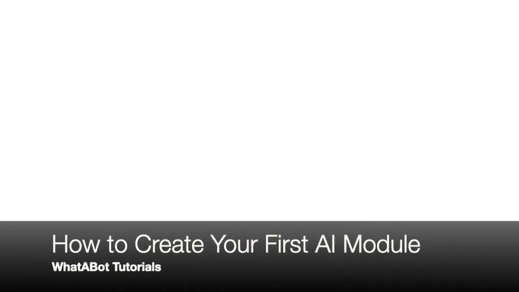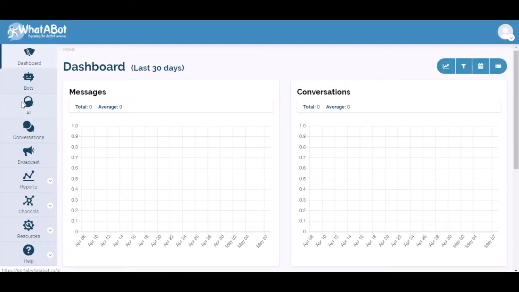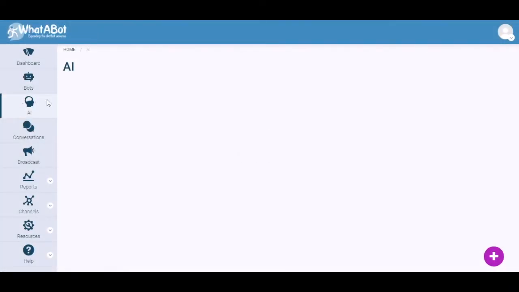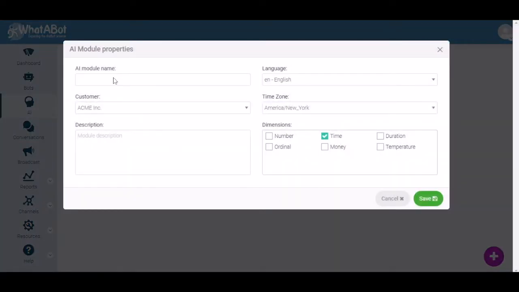In this video tutorial I'm going to show you how to create your first AI module. Click on left pane option AI. You will see a list of existing AI modules. In this case the list is empty. To create a new one, click on the plus sign button and enter